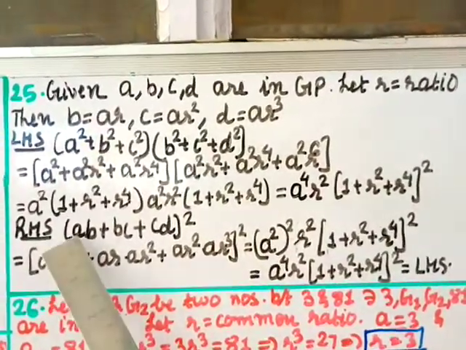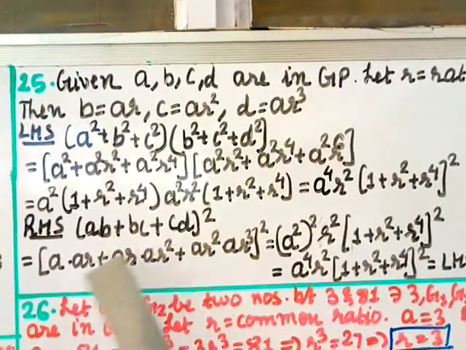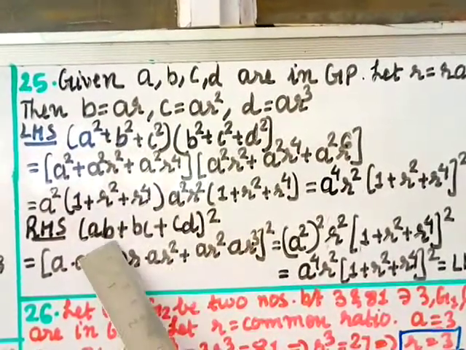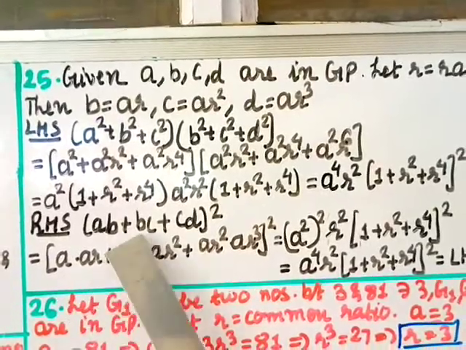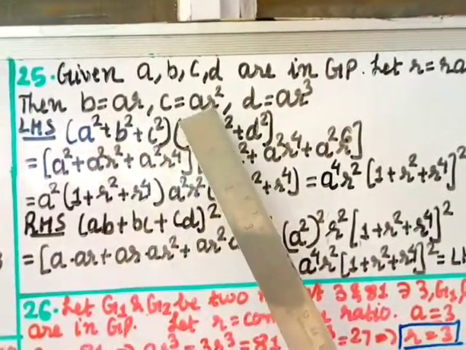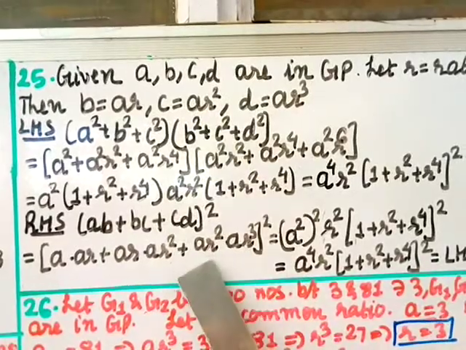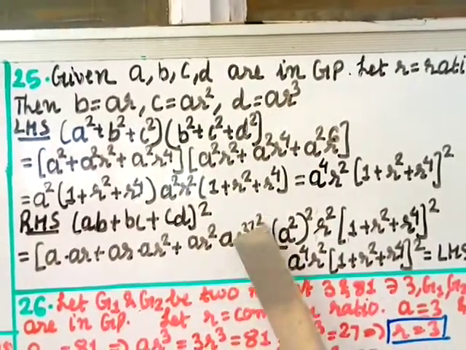Take the right hand side: (ab + bc + cd) whole power 2. So a value is as it is, b value is ar, plus b value is ar, c value is ar², plus c value is ar² into d value is ar³, whole power 2, equal to